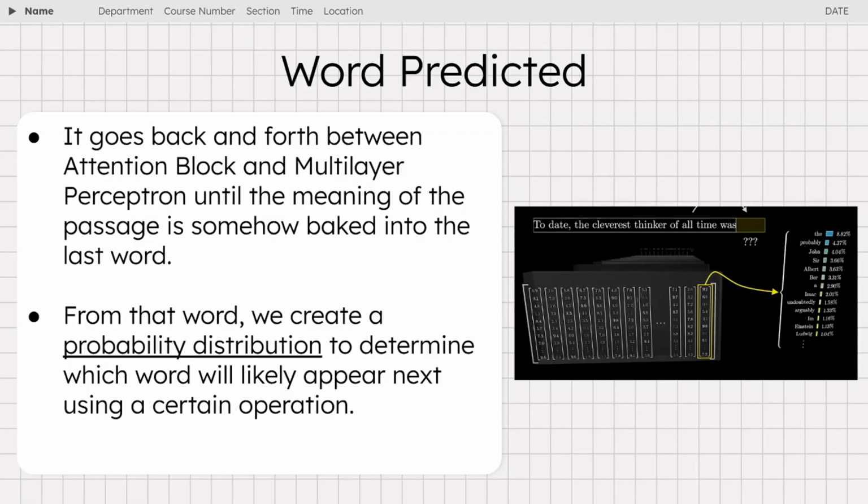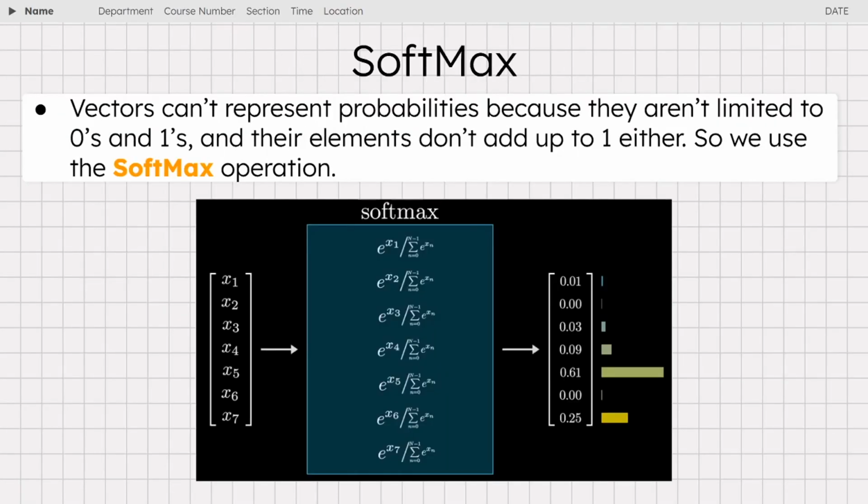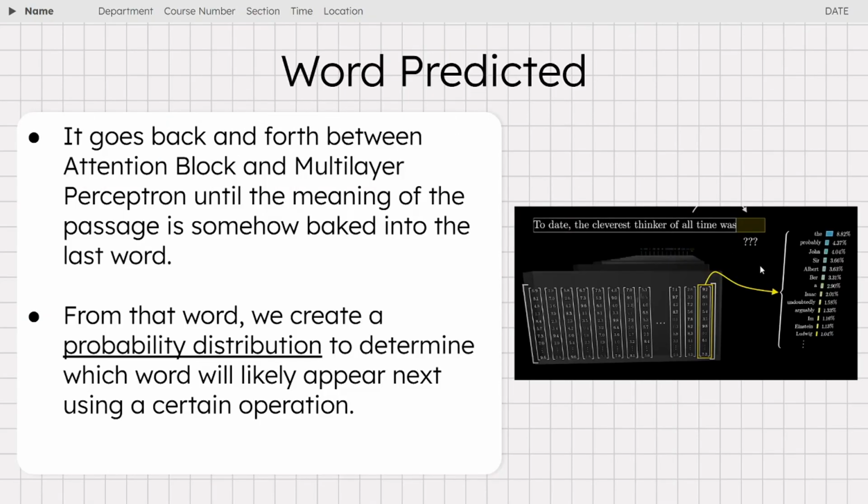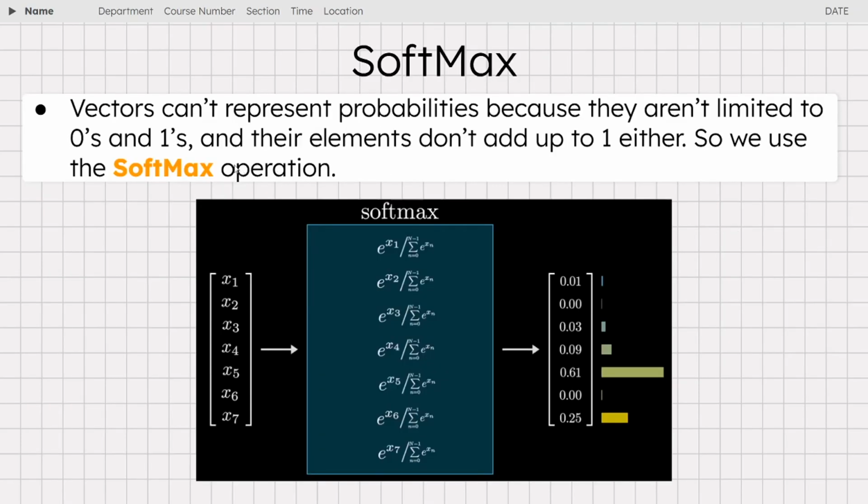That operator is called the softmax function. Vectors cannot represent probabilities because they are not limited to zeros and one. If we go back here, you can see that our vector values are like 9.2, 6.6, and sometimes they could even be negative, like negative 5.5 or negative 0.1,